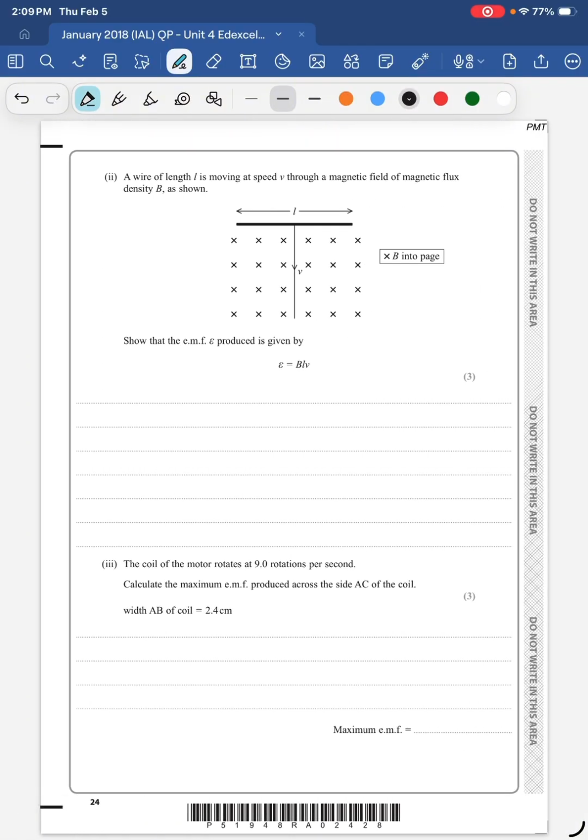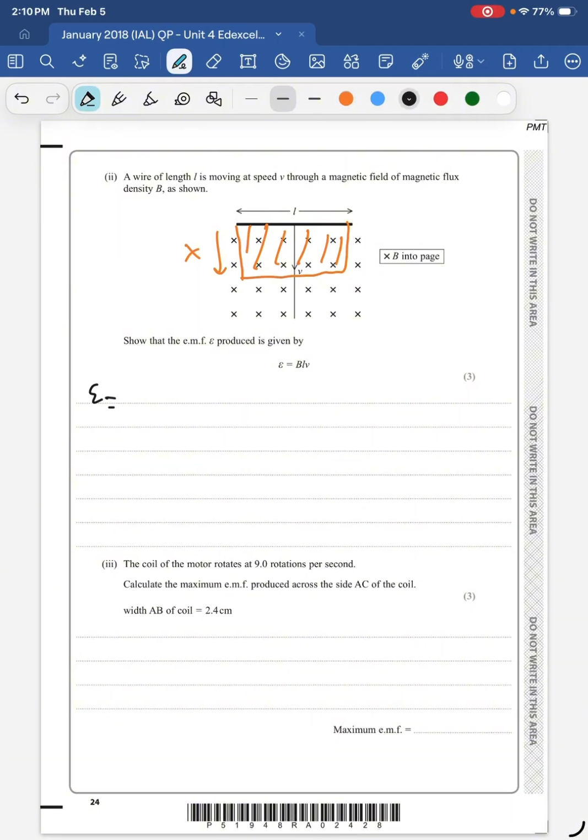Second question. A wire of length L is moving at speed V through a magnetic field of magnetic flux density B as shown. Show that the EMF produced is given by BLV. I guess as this thing moves in this direction, it cuts through the lines of magnetic field, and let's call this distance x. So let's use Faraday's law